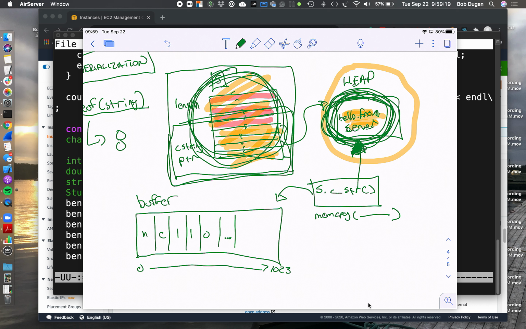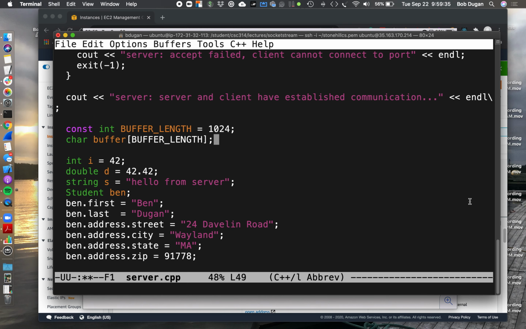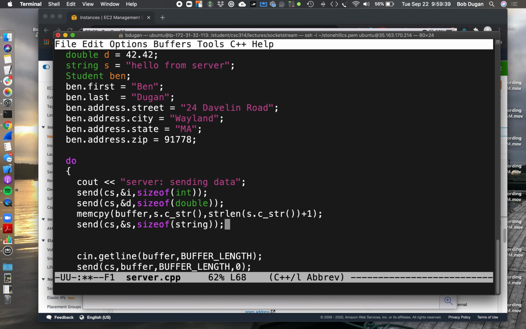But we're actually going to copy one more, the 18th character, and that's a \0 that ends the C string. All right, and then there's some more stuff in the buffer all the way up to that final byte. Okay, so once we've done that copy, then we can transmit the buffer over to